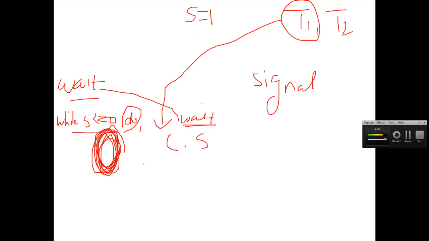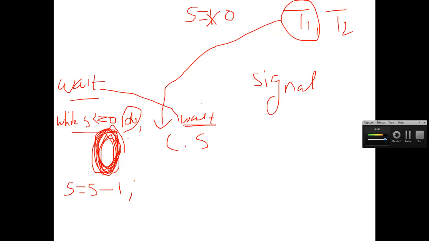So when the value is 1, the wait method would reduce the value: s is equal to s minus 1. So s goes from 1 to 0, because T1 has called the wait method.